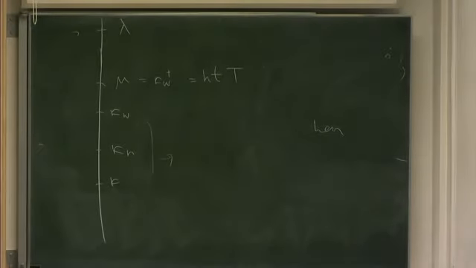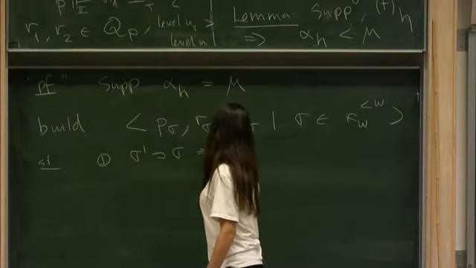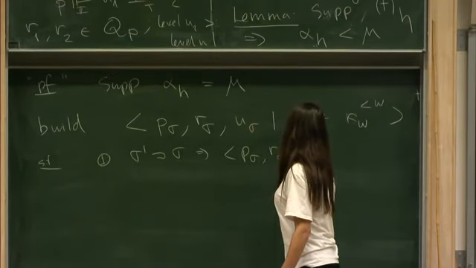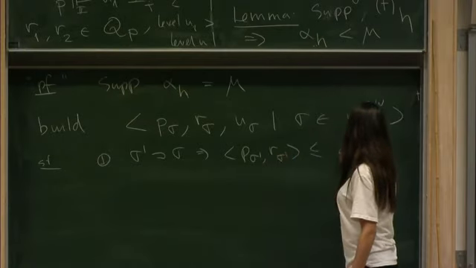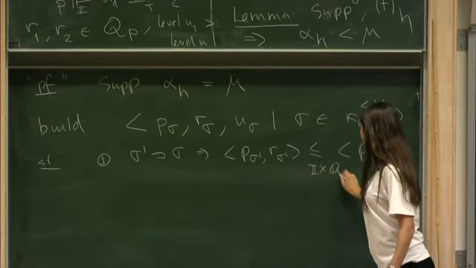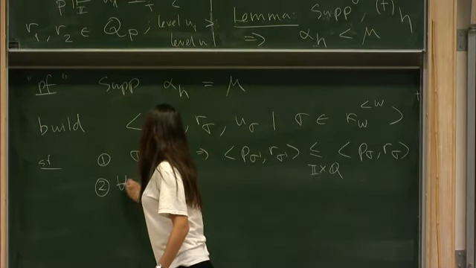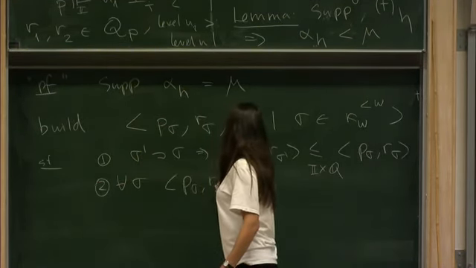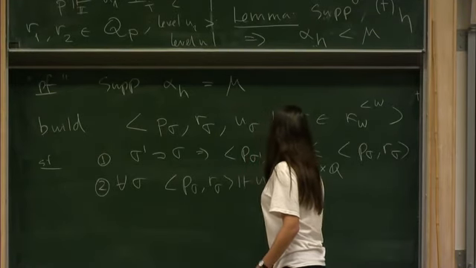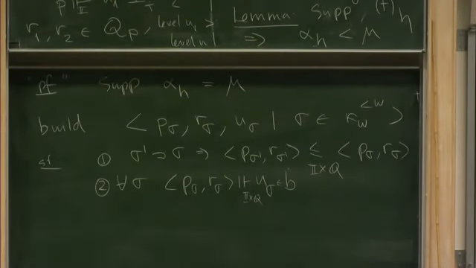So we'll build this such that, assuming splitting, well, so some of the things are, if sigma prime extends sigma, we want this condition, P sigma R sigma, to be such that sigma prime is stronger than or equal to P sigma R sigma, in the ordering, R star, mod A ordering, I times Q. We also want for every sigma, P sigma R sigma to force that U sigma is in the branch B, again in the product, okay? And then we want the splitting,